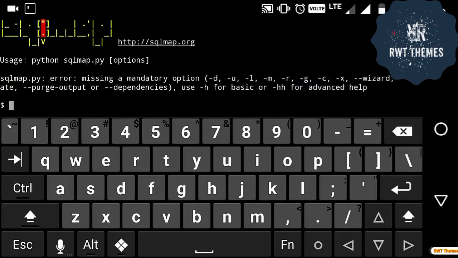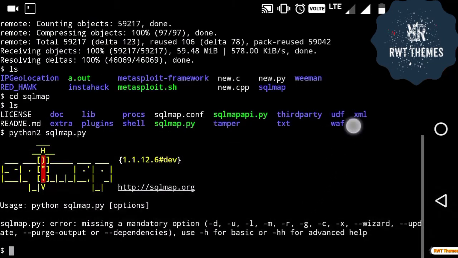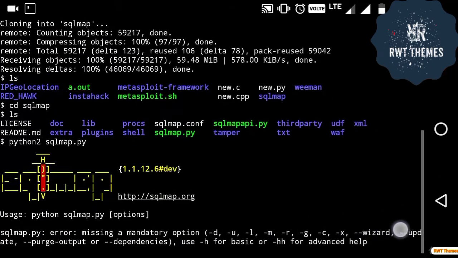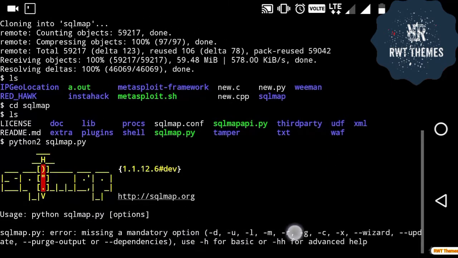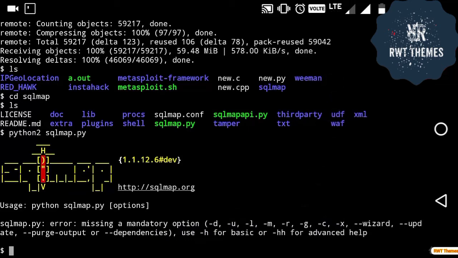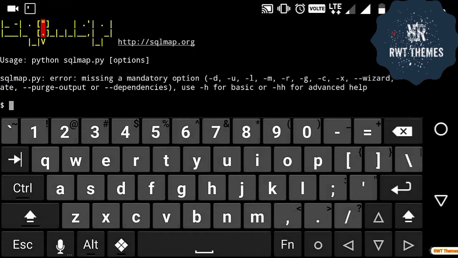Now it's asking me to enter some of the options like D to find the directory, U to add a URL, L login files, M bulk files, R request files, C config file, X sitemap file. So now I'm going to add a website link, and now typing python3 sqlmap.py, U for entering the URL. I'm going to enter the URL